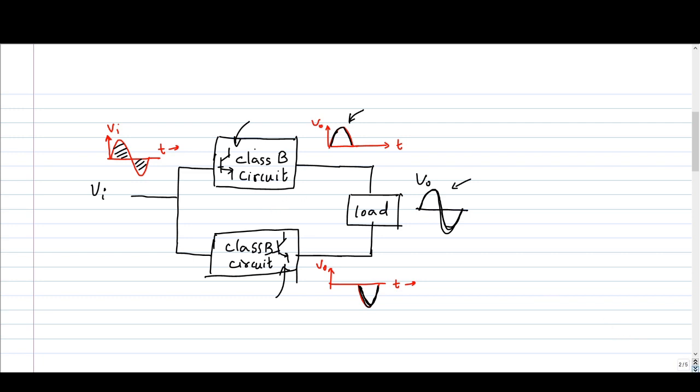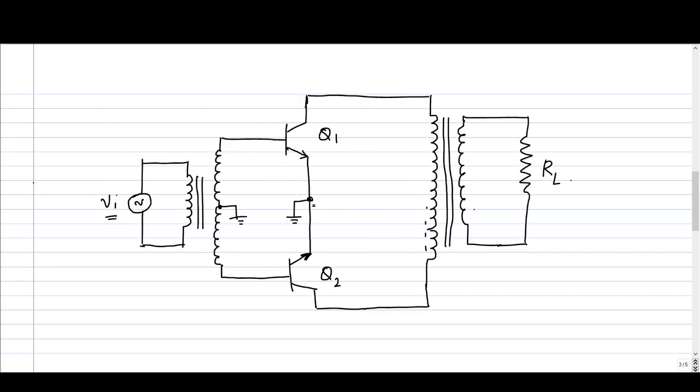So you will see the actual circuit diagram. So it is drawn here. There is a voltage source also here, VCC. Okay. Now you can see that there are two transistors, as I have explained, Q1 and Q2, and there are two transformers also. There is a transformer on the input side to provide galvanic isolation between the signal and the amplifier, and it also provides impedance matching. And there is another transformer on the output side that also provides impedance matching as well as isolation.